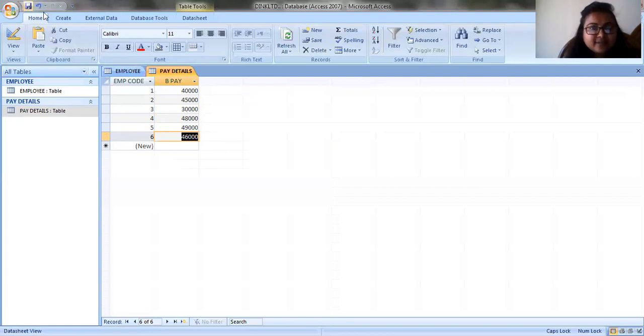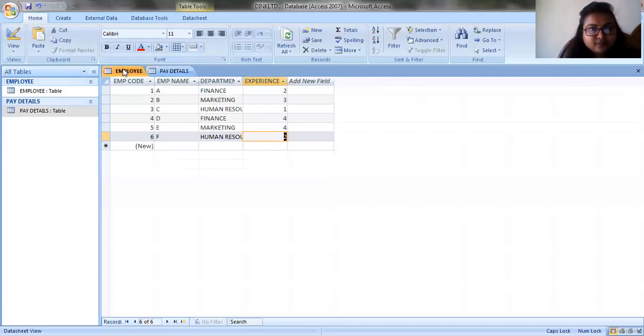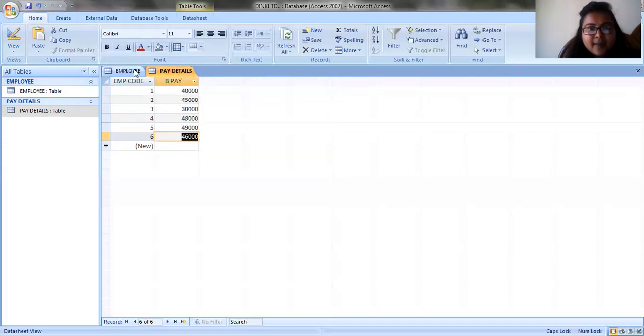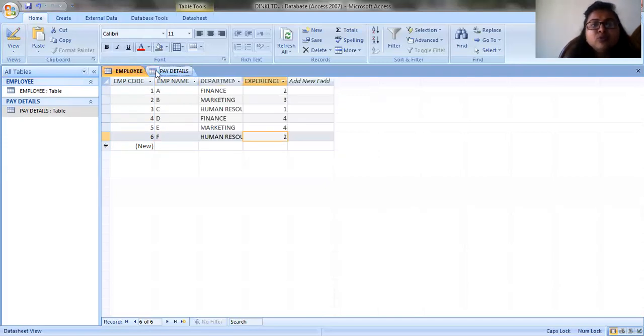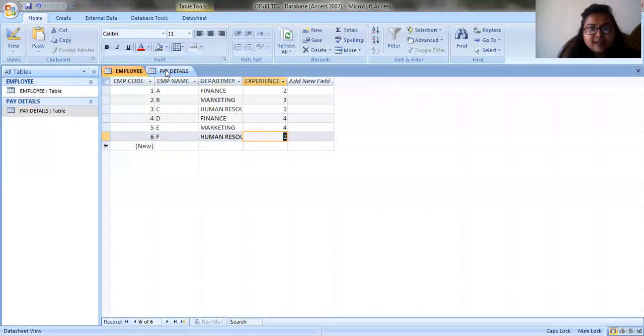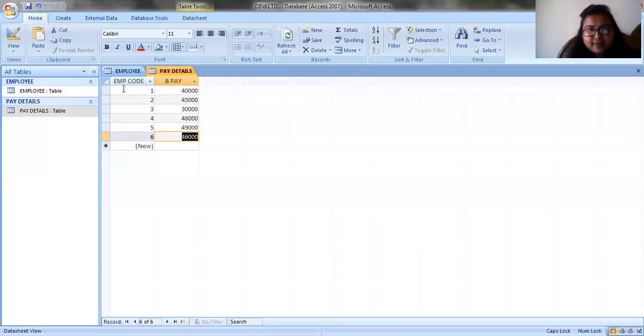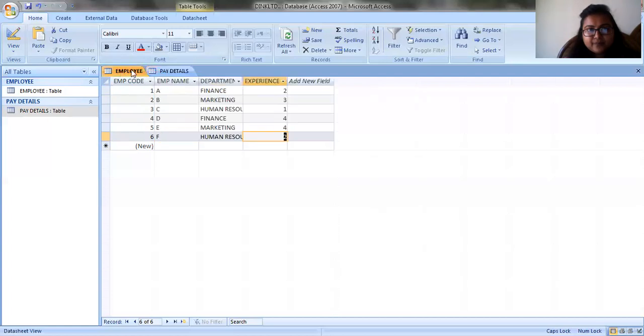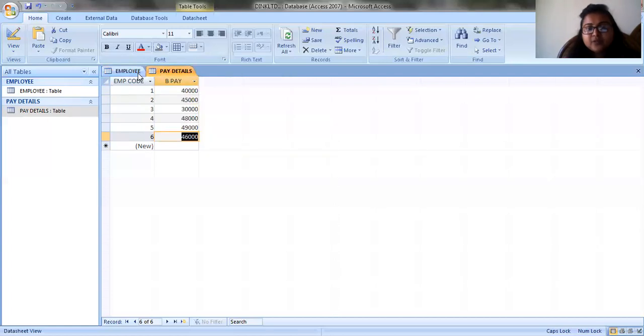And I'll save it. So you can see my 2 tables are formed, employee table and pay details table. So this is how we create the table.